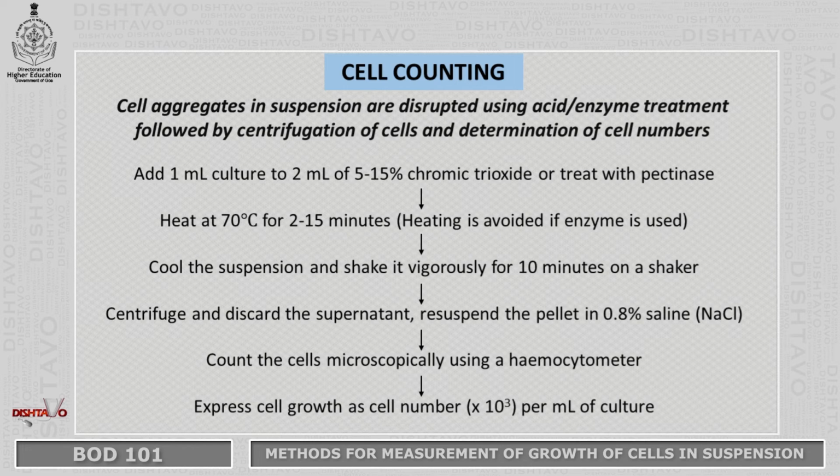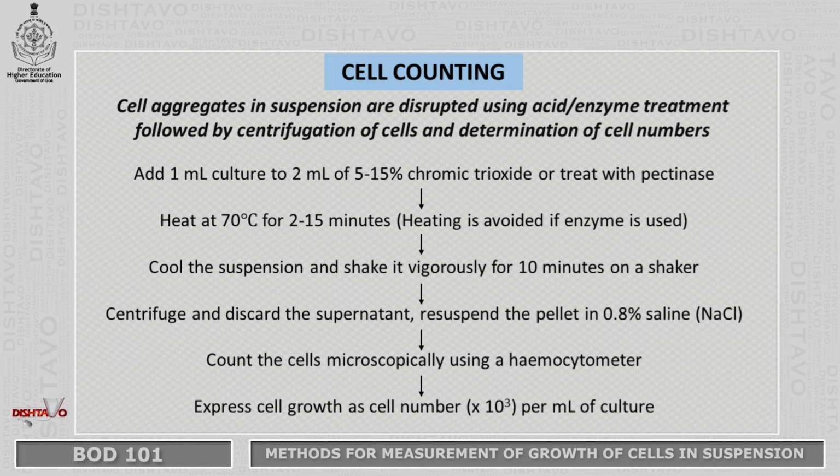This is then cooled and it is shaken vigorously for 10 minutes on a shaker. The contents are then centrifuged and the supernatant is discarded. After discarding the supernatant, the pellet is then resuspended in 0.8% saline, and further the cells are counted microscopically with the help of a hemocytometer. The growth curve is expressed as cell numbers into 10 raised to 3 cells per ml